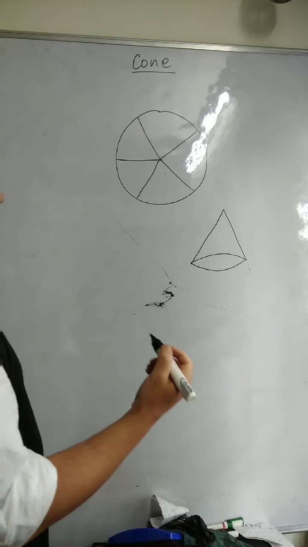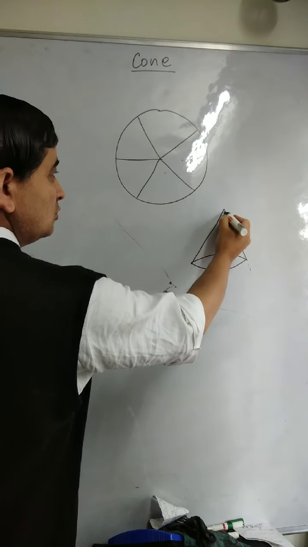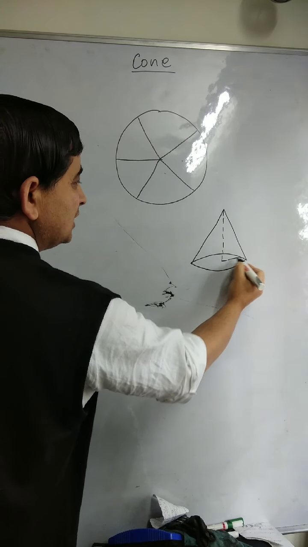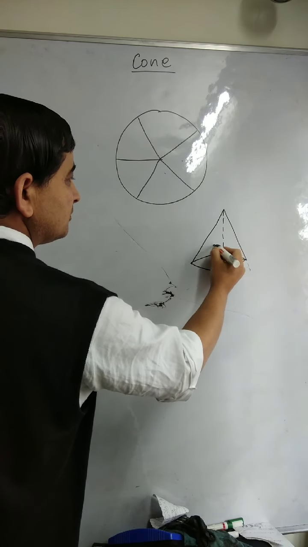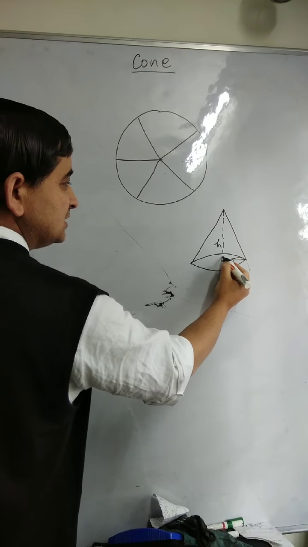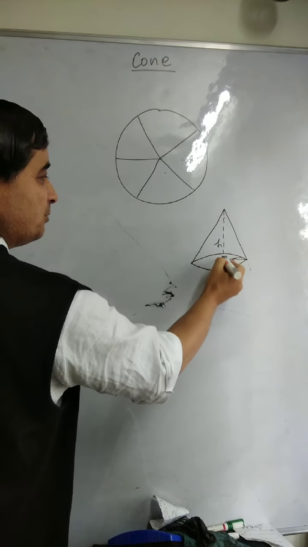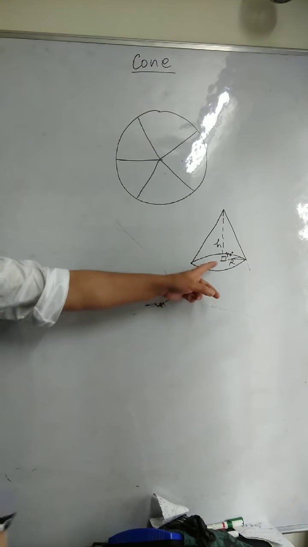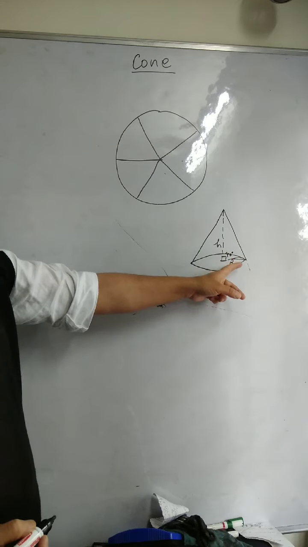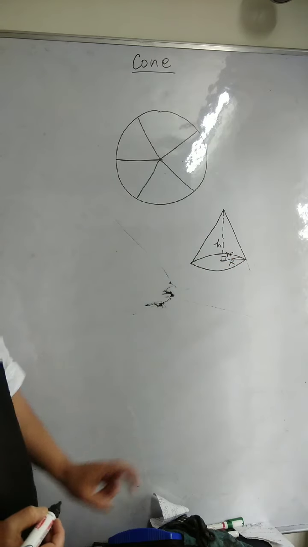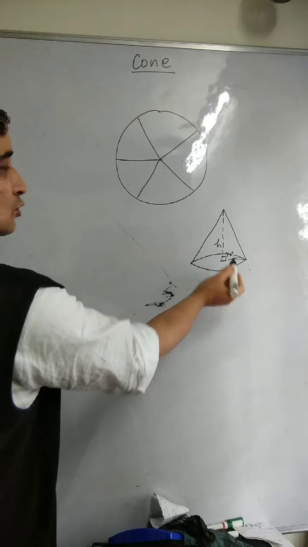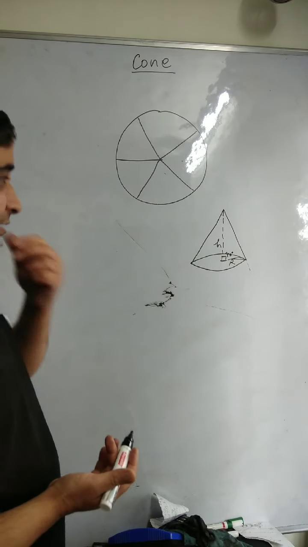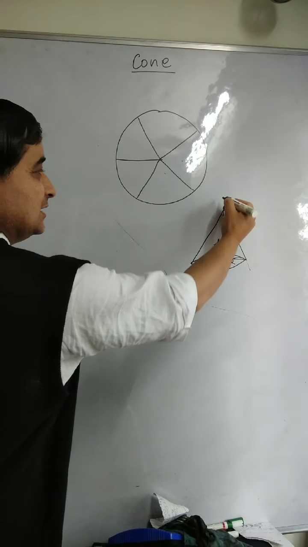Now this cone, here in class 10th, we will only study about right circular cone. What is a right circular cone? This is the height of the cone, and this we call as what? Radius of the cone. So right circular cone means the angle between this perpendicular height and the radius is 90 degree. Then this is called a right circular cone, right? And in your syllabus only right circular cones are there. Even if it is not mentioned, it's understood it's a right circular cone.